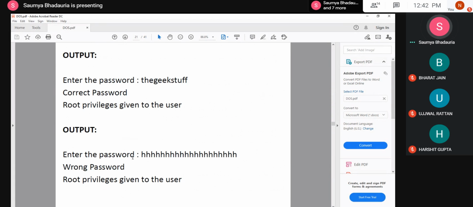The next one is where I'm giving values which are not within the range. So when I'm giving values which are not within 15 characters, what happens is there are cases where, inside the memory